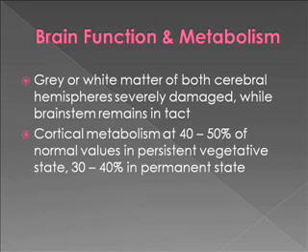Overall cortical metabolism of vegetative state patients is 40 to 50% of normal values. This drops to 30 to 40% in patients in a permanent vegetative state. This progressive loss is due to progressive transsynaptic neural degeneration. The relatively unaffected metabolism in the brainstem, including the hypothalamus, allows for the autonomic processes to continue working. In other words, the continued function of the brainstem is the reason the trauma did not result in death.